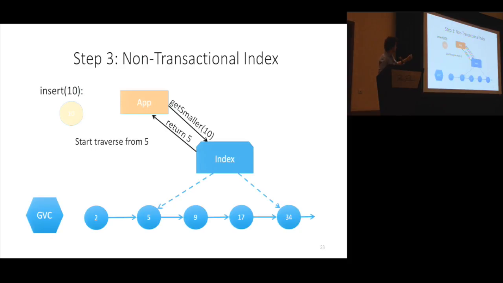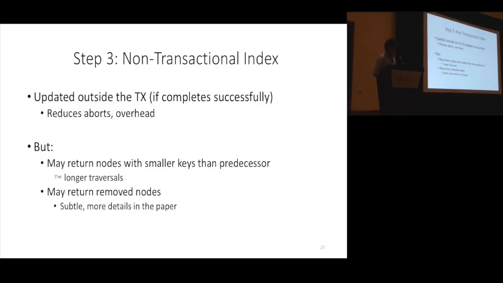Example, now when we want to insert 10, we first go to the index with a key that is smaller than 10, and we go to node number 5, to node with key 5, and we continue. And we update this non-transactional index when we successfully commit a transaction. And because we update this outside the transaction, conflicts on this index cannot lead to aborts, and we also, as I said, don't need to maintain huge read sets. Okay, so this is good, but